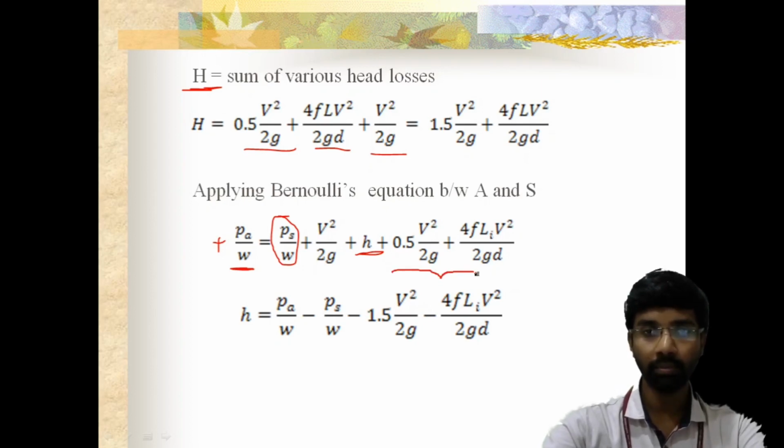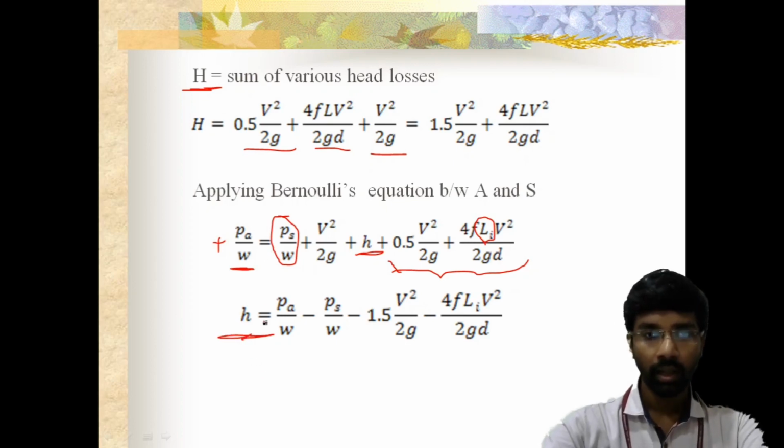This is nothing but entry loss and frictional loss in the inlet pipe. Observe here, it is Li. Only we have considered entry loss. Why? Because while you are considering this Bernoulli's equation between the 2 points, there is only entry, there is no exit, and the length of the pipe is also inlet length. So if you transfer all these terms to the right side, then H will become as this one.